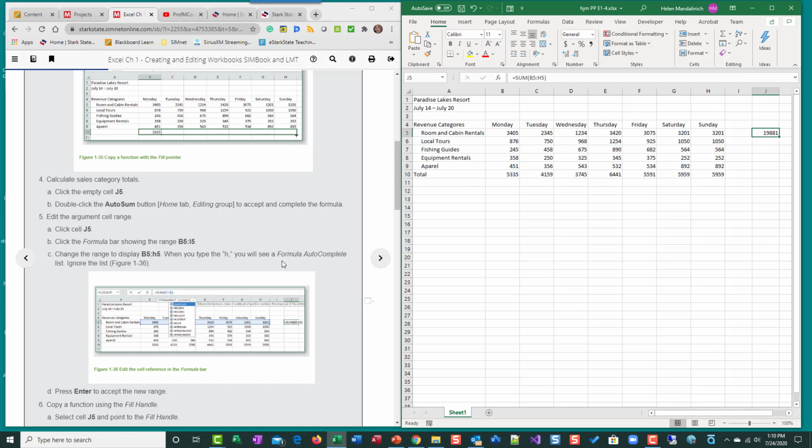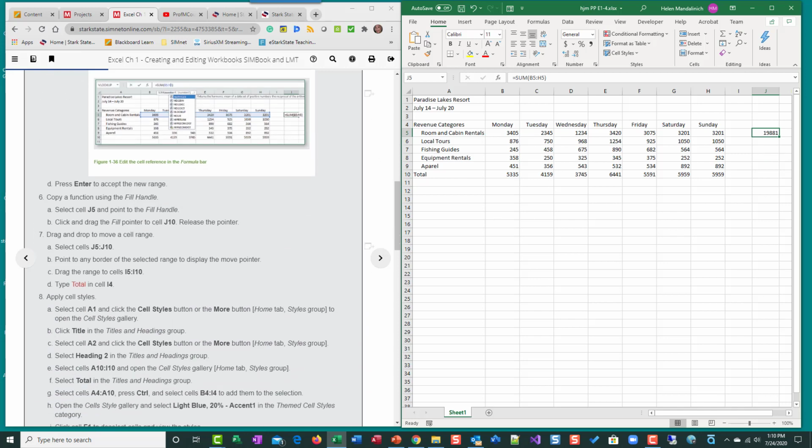Then, because I need to go all the way down, I go to my data fill handle, bottom right-hand corner, get the crosshairs with no arrowheads, click, hold, and drag it down to 10, let go. So now for each category I have a total, and then I've got a grand total of all of the day's totals. But